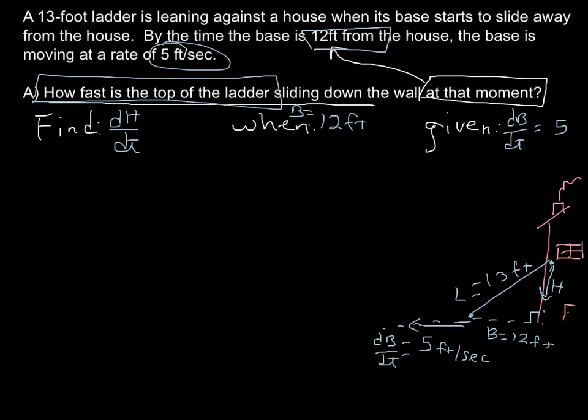Okay, so we are not given any equations in this problem. What we need to do is come up with the equation that relates all of these rates together. It's a right triangle. We've got two legs and a hypotenuse. I'm thinking Pythagorean theorem here. So I'm going to write b squared plus h squared equals L squared. So my base squared plus my height squared